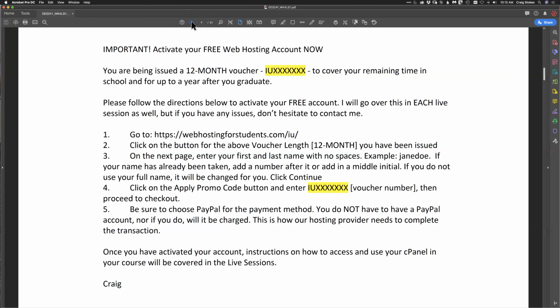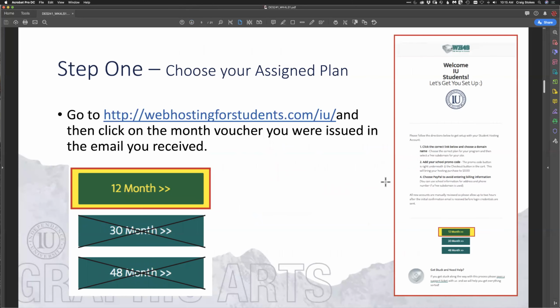All right, well, let's get started then. Okay, so we've got the do's and don'ts taken care of. So let's go over these steps. They are very, very easy. What you do need to pay attention to is